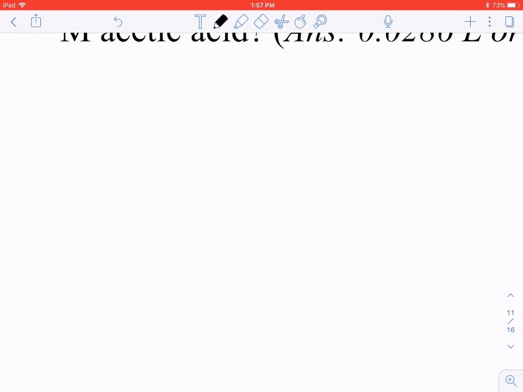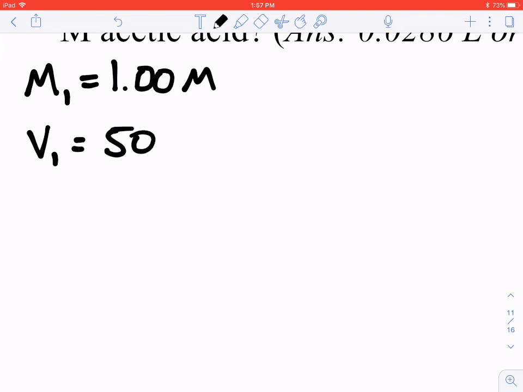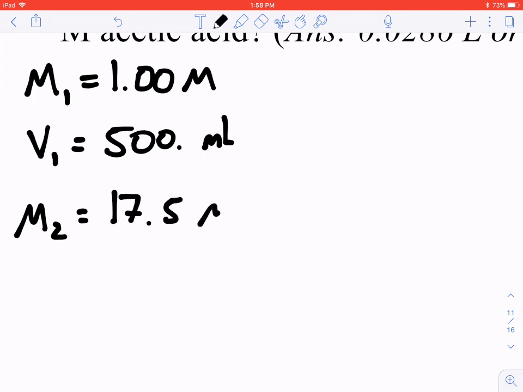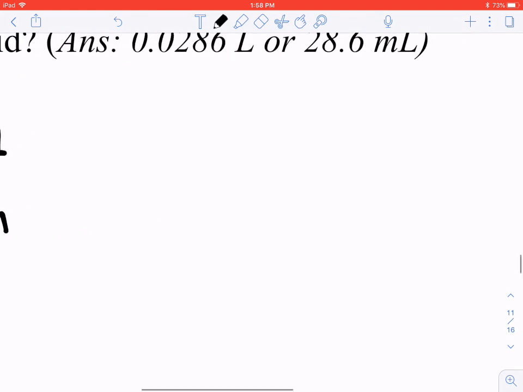Our M1, that is our desired molarity, is 1.00 molar. We want to make 500 milliliters of that concentration. Our M2, that's the molarity of our stock solution, is 17.5 molar. You'll notice it's a really concentrated acid to start with, and we want to know basically how much of that we need to use. So if we go ahead and we look at our equation, which is M1V1 equals M2V2,